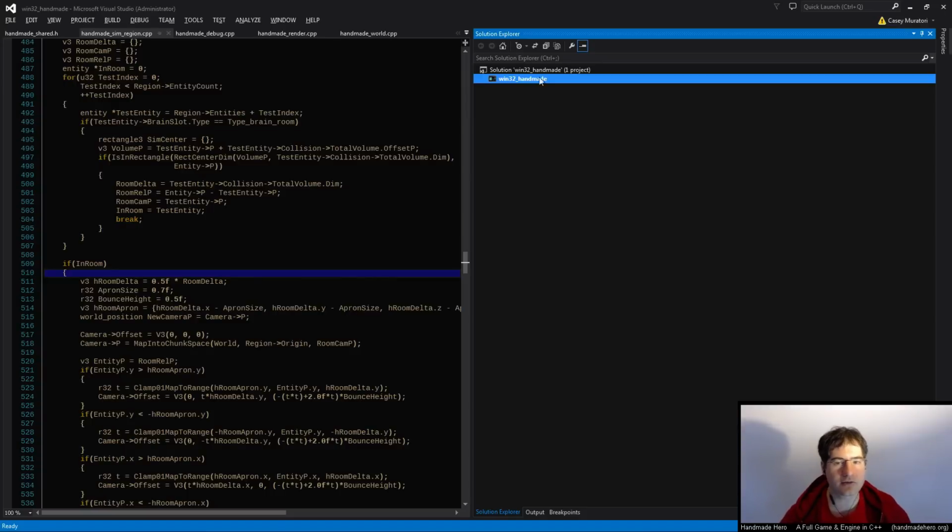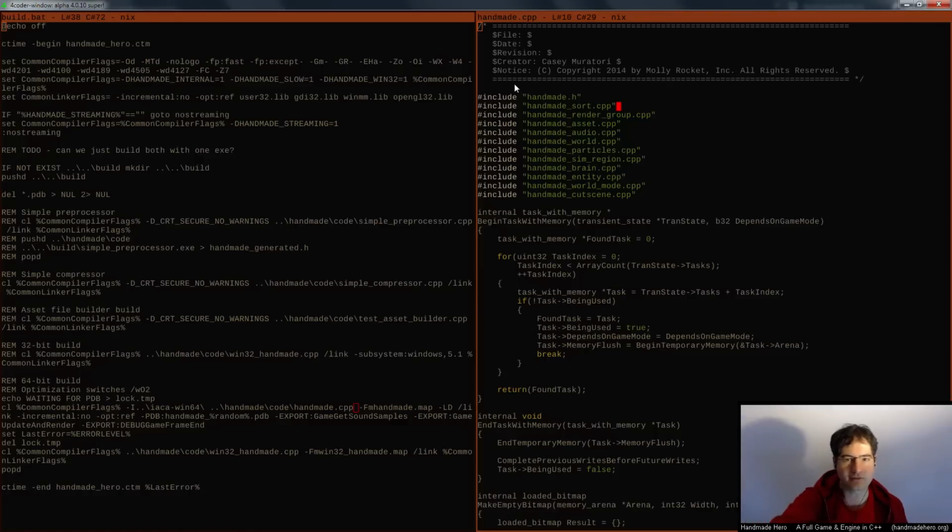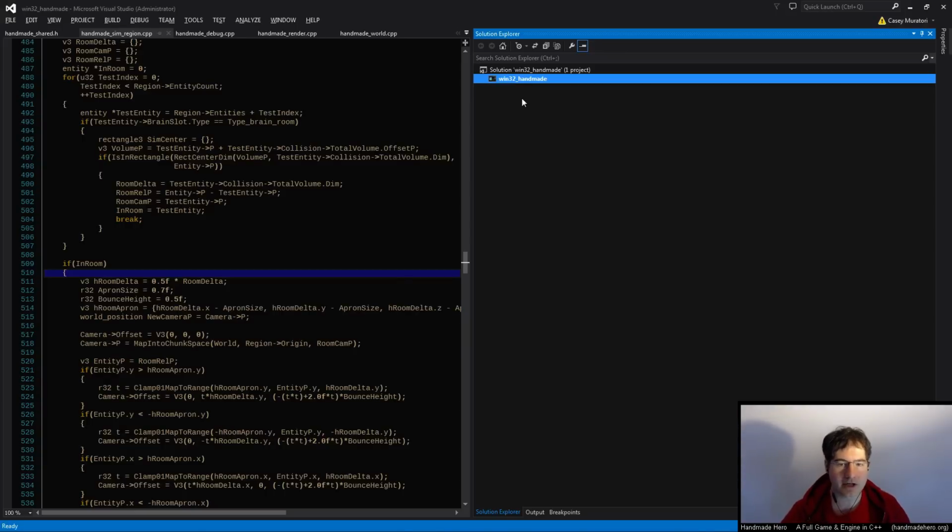Now, if you try to do that in Visual Studio in the naive way, where you've got this file, handmade.cpp, in there, but you also added all the other files in there because, hey, they're the files and you thought you would want them in there, which makes sense. Now it's going to try to compile the Handmade one, which will compile properly because it includes everything. But it'll also try to compile all the other files individually, even though it doesn't need to and isn't supposed to do that, because it just thinks anything that you listed in here is supposed to be compiled as source